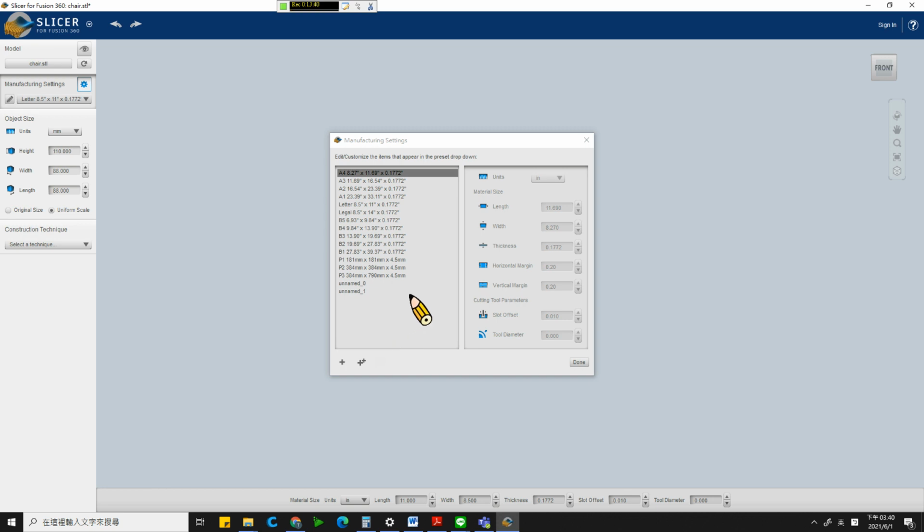you have to add up a customized material. Okay, still change it to millimeter. Okay, so the unnamed, you can actually change it to, for example, cardboard 1. Okay,